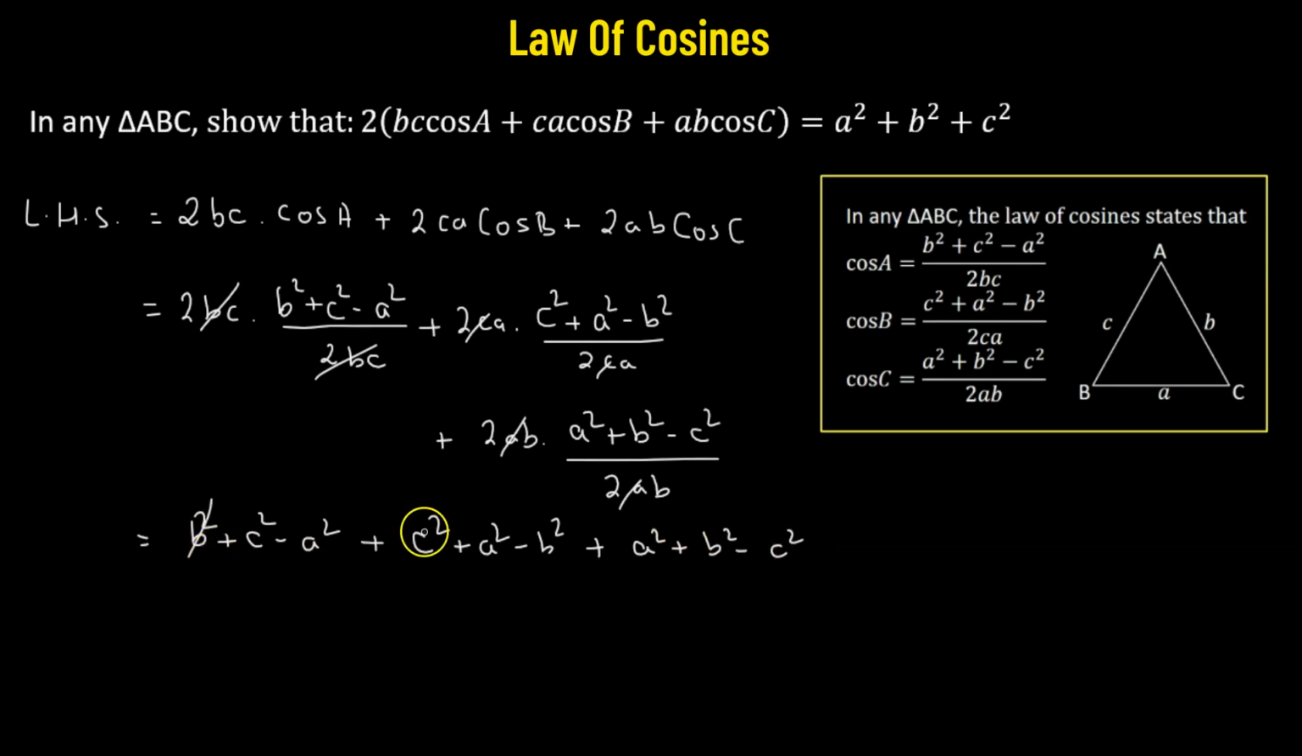So we can cancel out b squared with negative b squared, positive c squared with negative c squared, and negative a squared with positive a squared, which leaves us with a squared plus b squared plus c squared. And that's the expression on the right hand side. Hence,